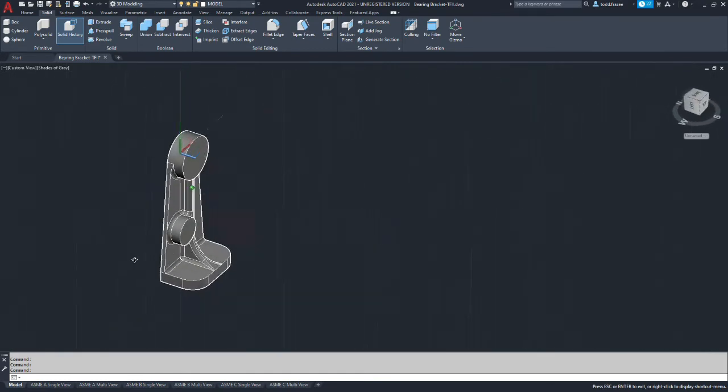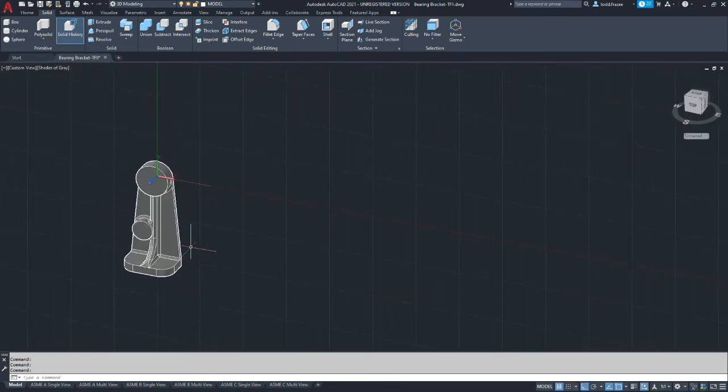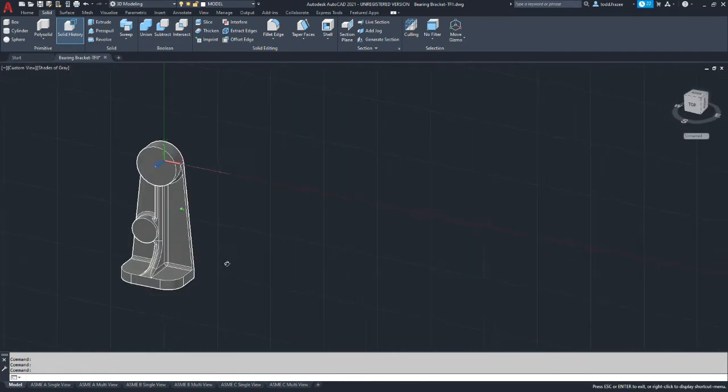Okay, so when you're ready to do the mirror, you want to make sure you have quite a bit done on it before you mirror the items that are symmetrical, because once you mirror it, it's hard to go back and make changes on the original. So I've elected not to put the holes in because they're going to go all the way through the part.